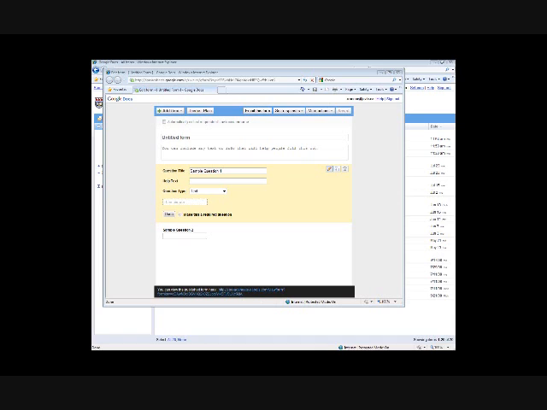So we'll just create a little test survey to show you some of the features of Google Documents, and we'll call the survey "Are you an IT guru?" We'll put in a little bit of help text just to explain what the survey is about. You don't need to do that, but you can if you want. And we'll start off with a sample question, which is just a text response. And our first question we'll put in